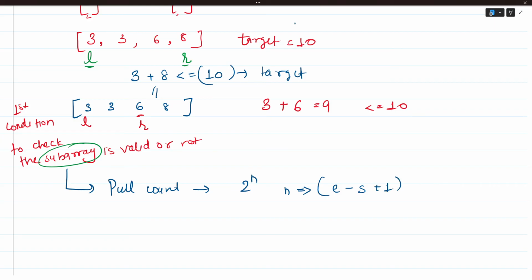Why are we doing plus 1? Because the array is 0 indexed. So e is the right pointer in this example, and this is the left pointer, and the 1 is due to the 0 indexed array. Okay, now as per the question's condition,